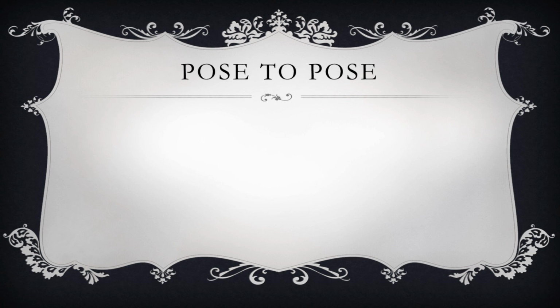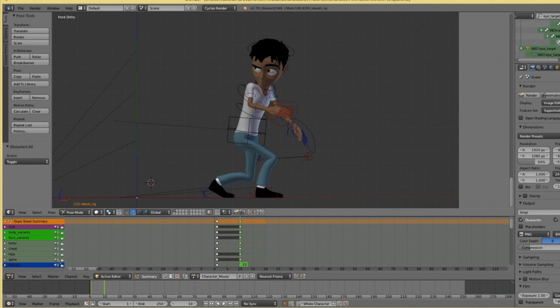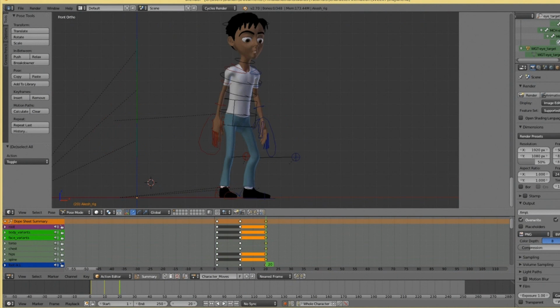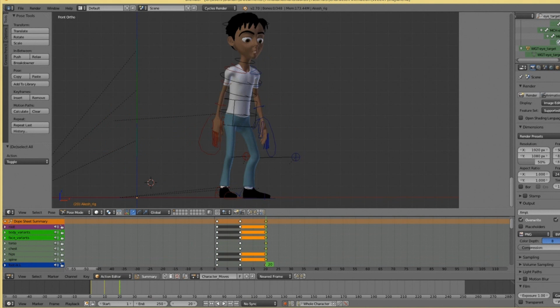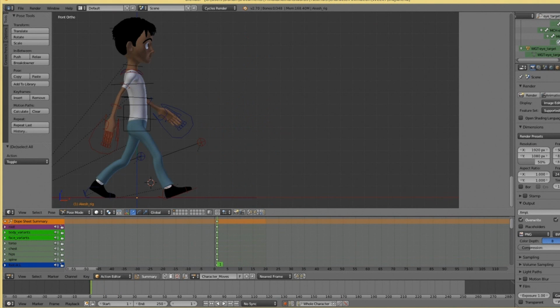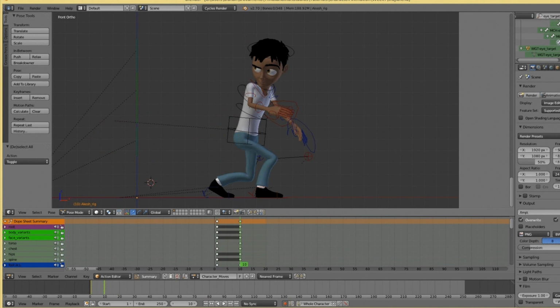In pose-to-pose, however, specific key poses are blocked in first. That means that you set specific poses for the character at specific times. So if I use the earlier example of the jumping, for example, you can create a pose of the character about to walk on the first frame, and at a later frame, set another pose of the character about to